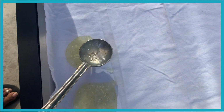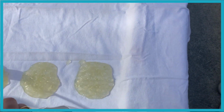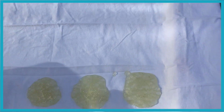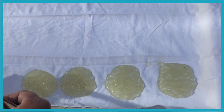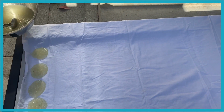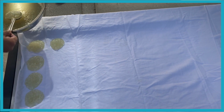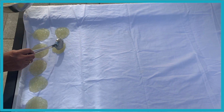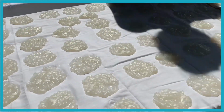and the consistency should be like this. So you don't have to really spread it. Just if you pour, it will automatically start spreading a little bit, and that's the thickness you need. The ladle can be whichever size, it's to your preference, and make the frames like this